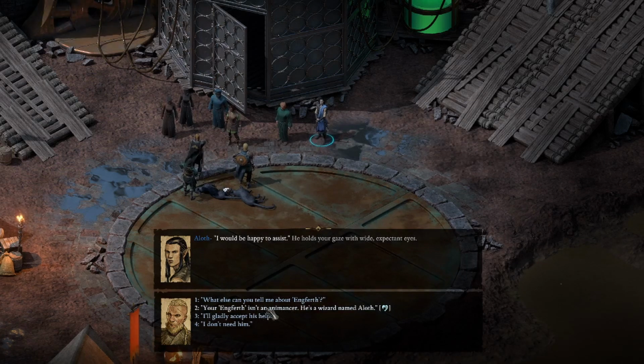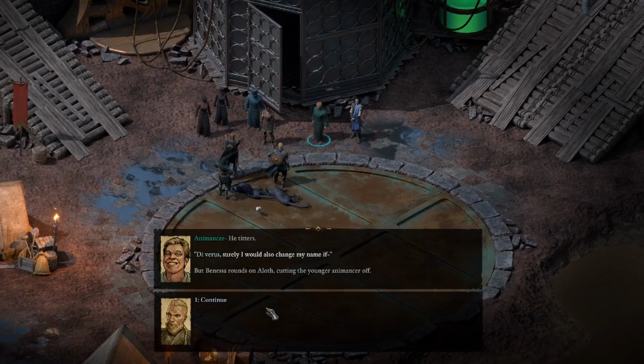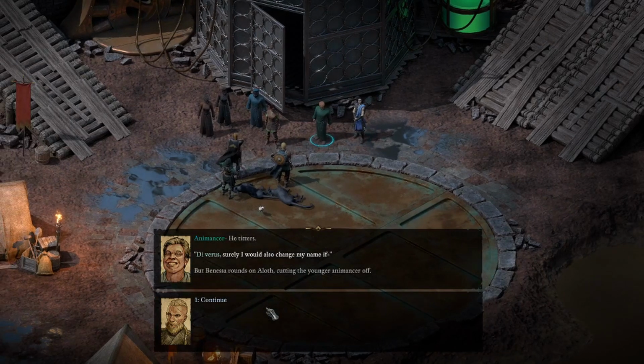Yeah, my guy isn't really into tricky ways, so I think he's gonna... Your Engfirth isn't an animancer. He's a wizard named Eothas. Diverence. Surely I would also change my name if...